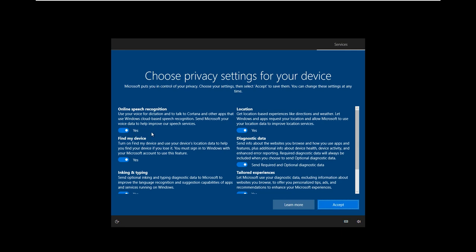Then here is the location setting. Some applications, some services, some websites use location services. So if you want them to use your location, then you can select yes. This setting is basically not for desktops. Desktop machines don't change location much because they remain as they are.